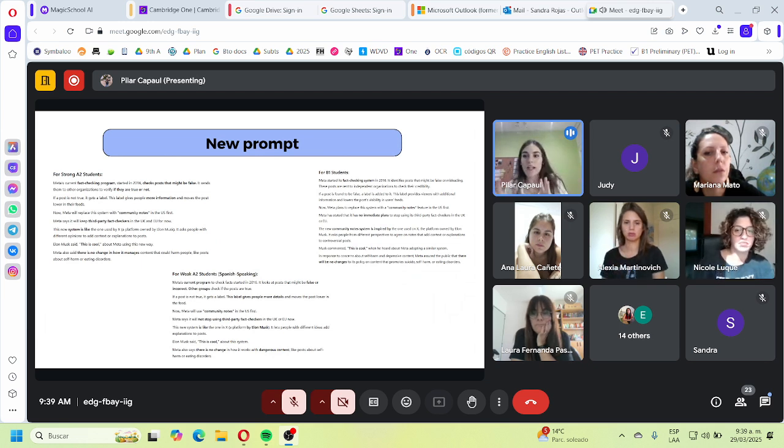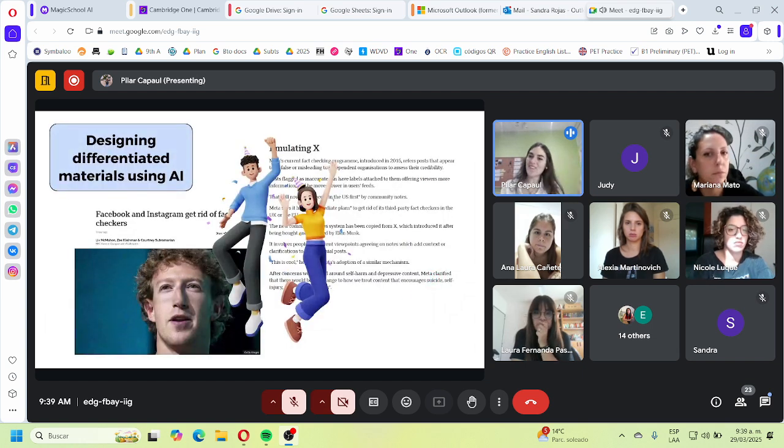The first time I didn't get what I needed. It was just a matter of tweaking the prompt a little bit so that I could get what I really needed. So it's something to keep in mind. And there we go. We have what we need. And the cool thing is that we can use the very same text with different students. They don't need to know I'm giving them different texts. I did this a couple of times, and I didn't tell students I was giving them different texts because the